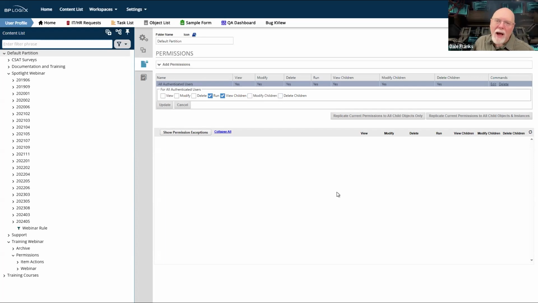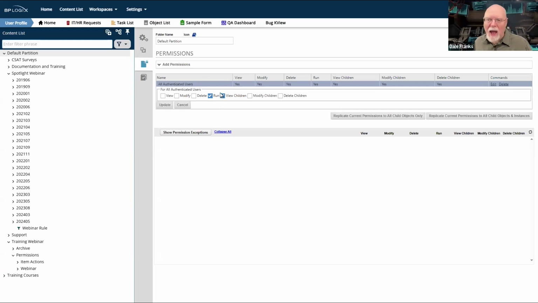So on a production system, your minimal standard permission set should be this for all authenticated users. All authenticated users is a good place to do this because I'm giving minimal permissions at my widest possible user group. All authenticated users is everybody. So I'm giving everybody very limited permissions. Now, obviously, I have implementers and other people who are going to need to access the system. So I'm going to need additional permissions. So all authenticated users is only my base.